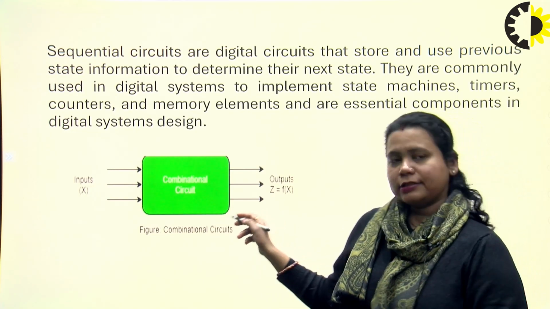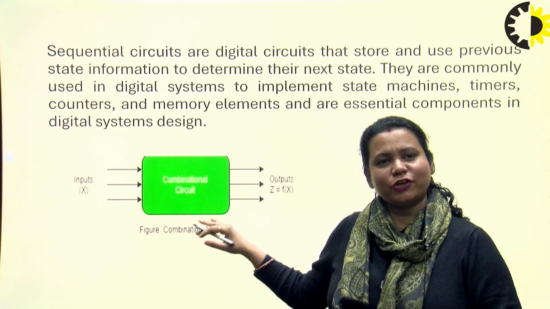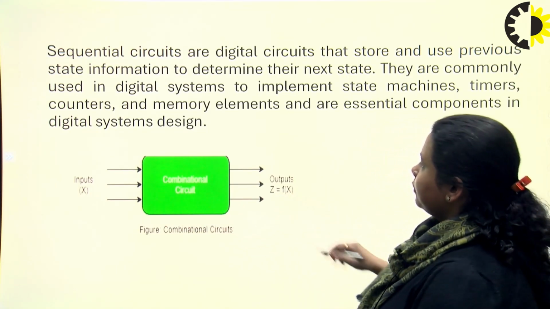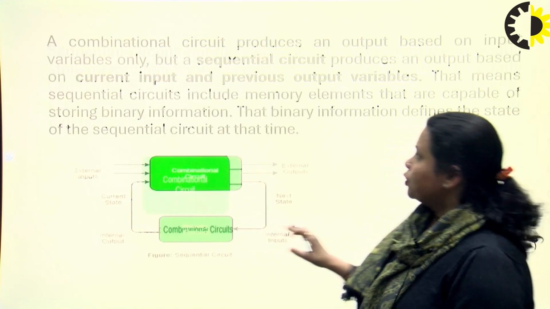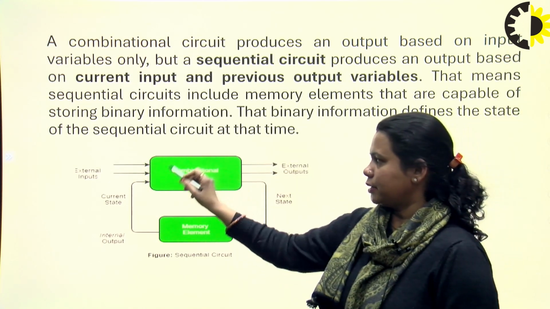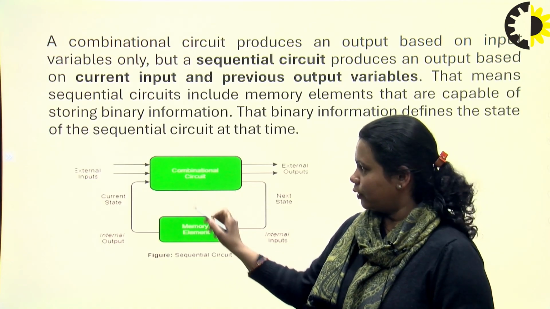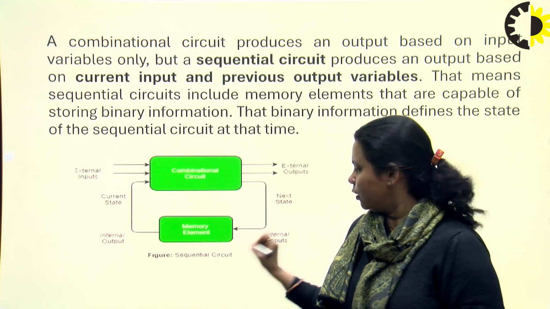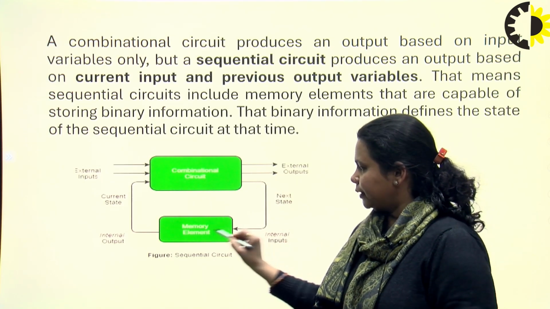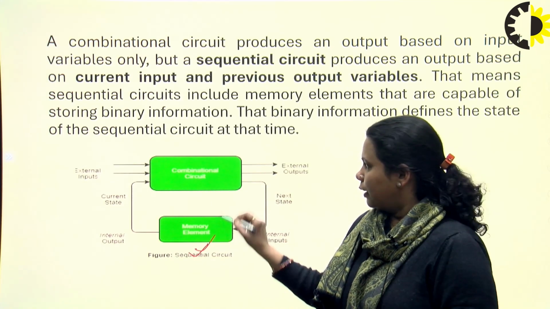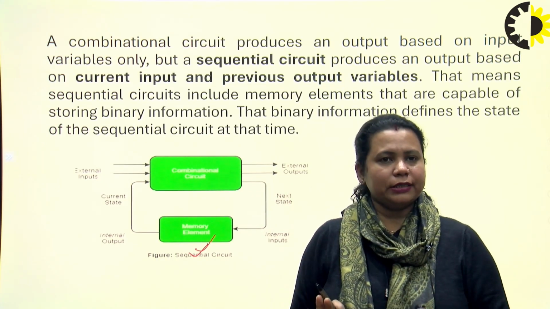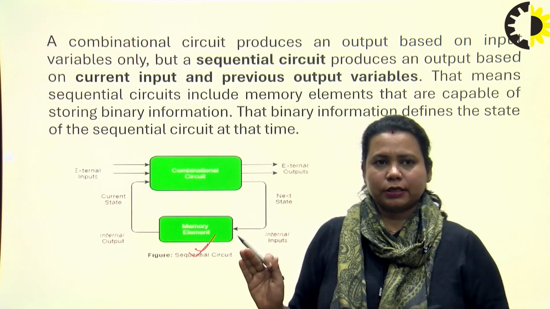So is this a combinational circuit or a sequential circuit? This is basically a combinational circuit. This diagram was mistakenly put here. So this is a sequential circuit. I have told you that a sequential circuit is basically dependent on the memory element. So your output is depending on this memory element, and this is a combinational circuit. So a simple combinational circuit with a memory device makes the sequential circuit, right?